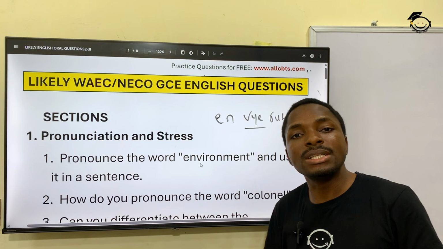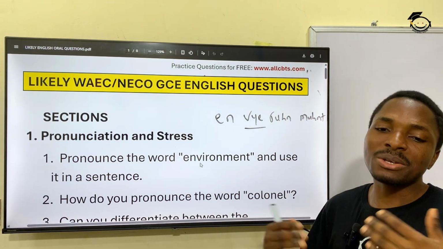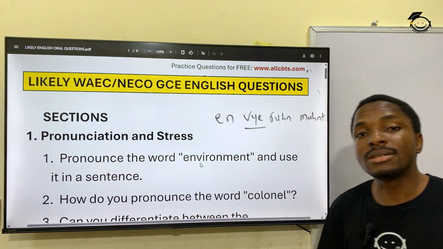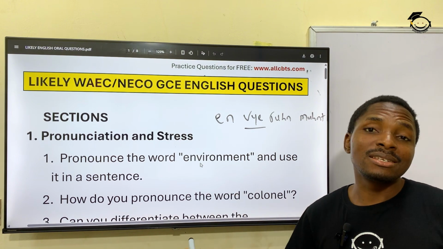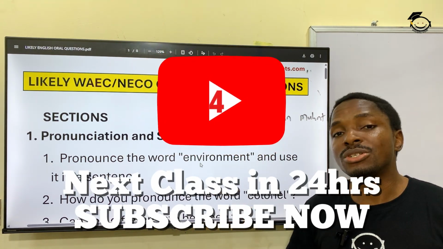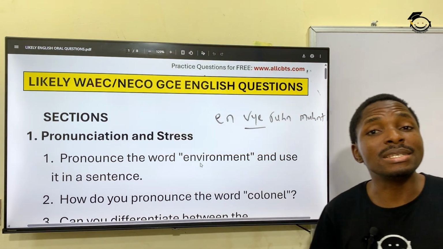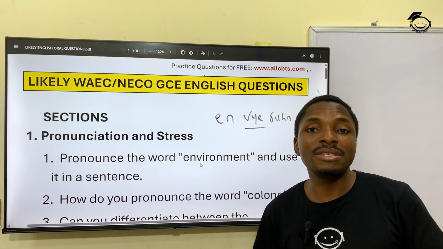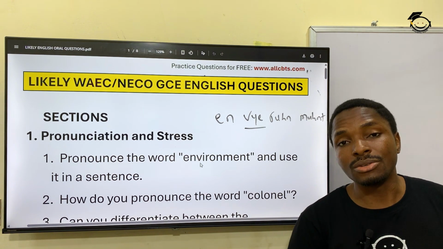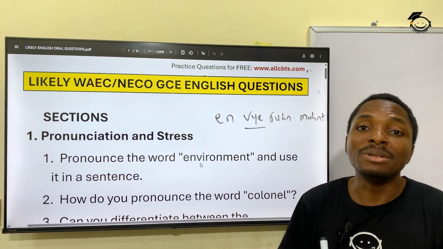Now, use it in a sentence. I'm waiting for you. So you can say something like, the government is implementing new policies to protect its citizens and the environment from pollution. All right. The Kick Against Indiscipline of Nigeria visits or checks in to environments in Lagos to ensure they are aligned to health and public safety.